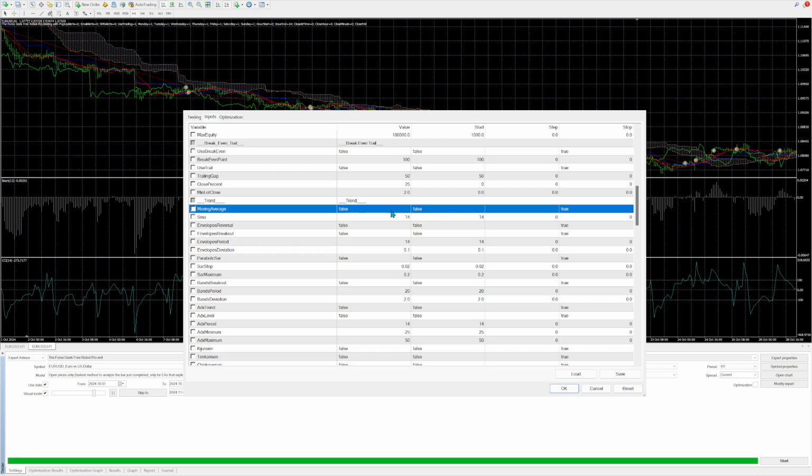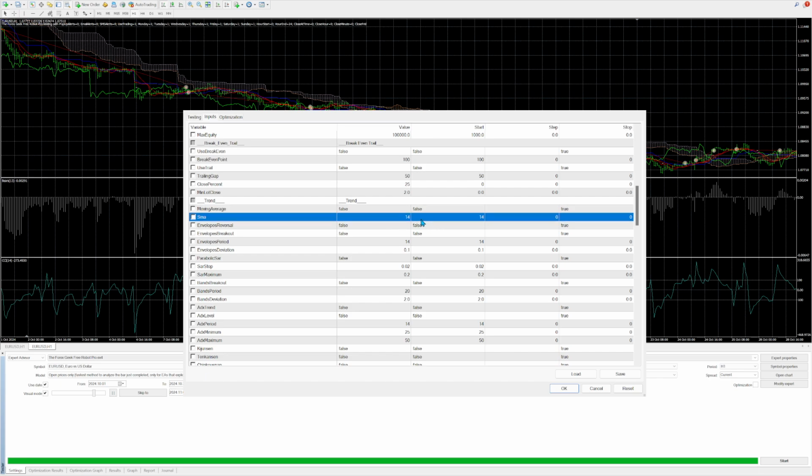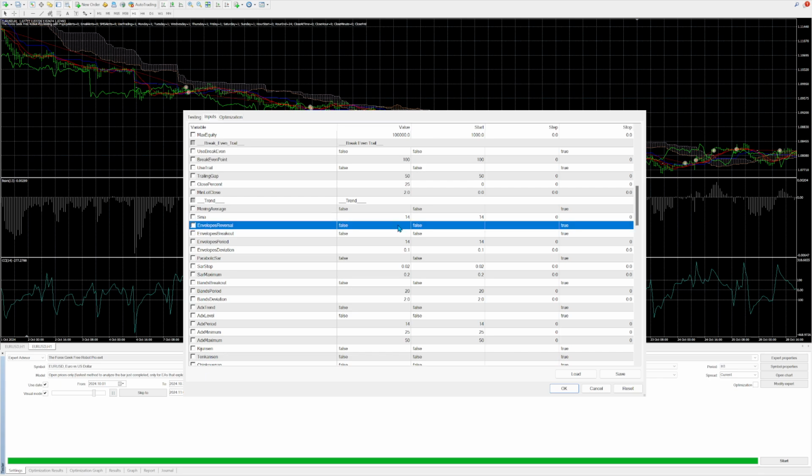Basically what this will do is it will only allow buy trades if price is above the moving average, and will only allow sell trades or sell signals if the price is below the moving average. And the simple moving average period you can set here in this field. Okay, envelopes. This is basically using the envelopes indicator. So an envelope's reversal basically means